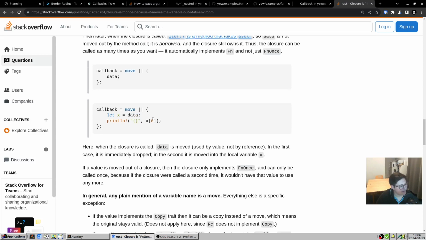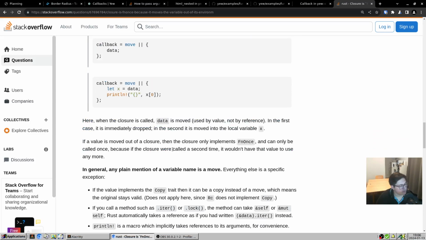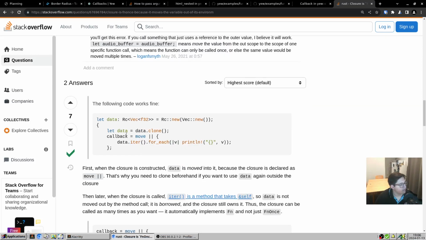If a value is moved out of a closure, then the closure only implements FnOnce and can only be called once, because if the closure were called a second time, it wouldn't have that value to use anymore. Okay, so this works here because data.iter takes a reference to self. So here it moves the clone data, and here you don't move it out, but